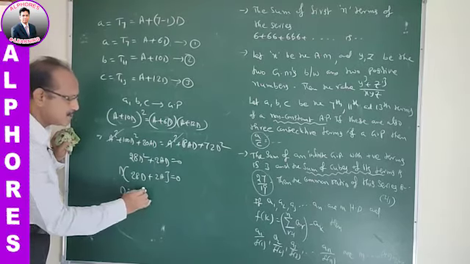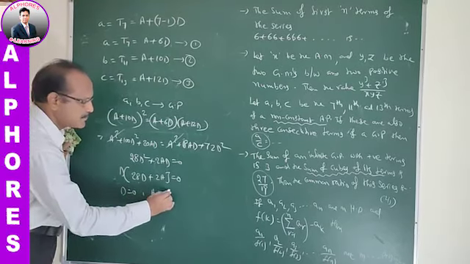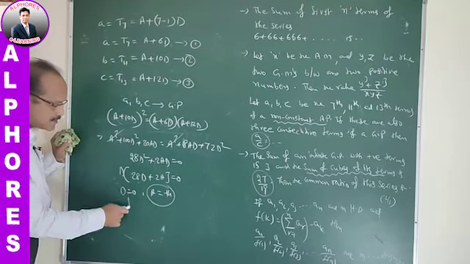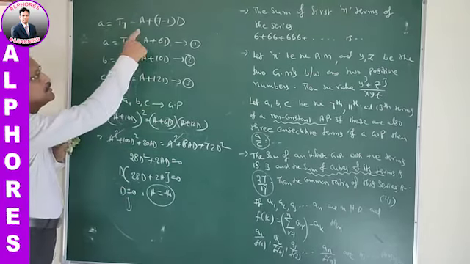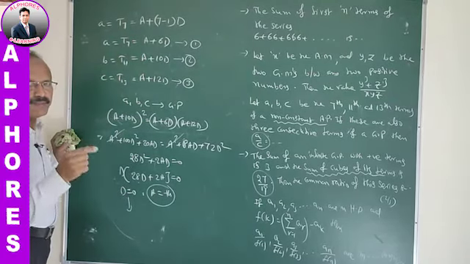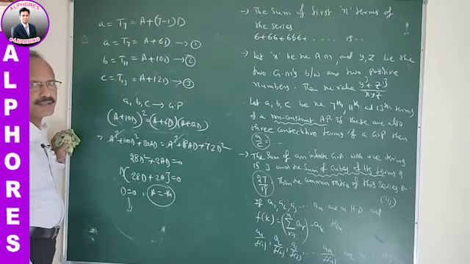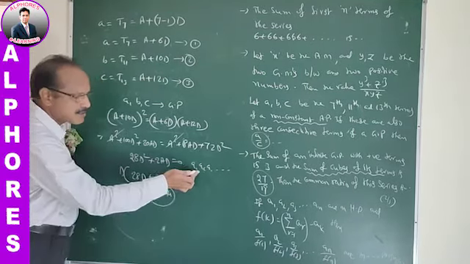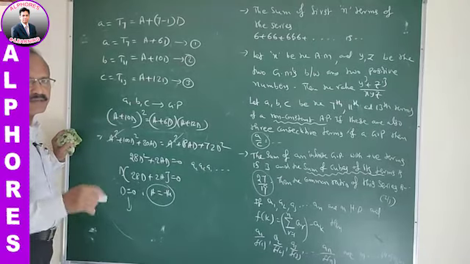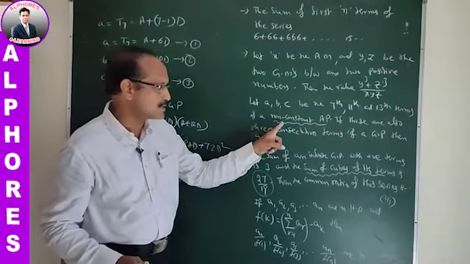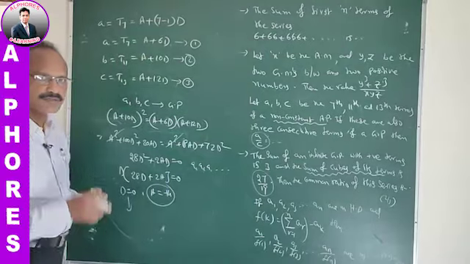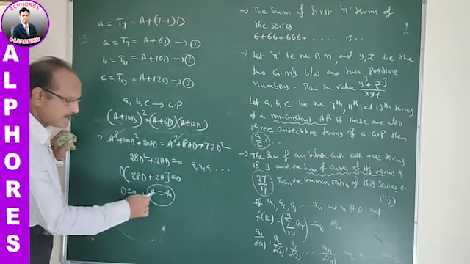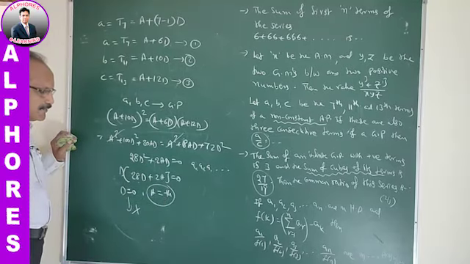If D is equal to 0 or A is equal to minus 14, I am cancelling the common factor. If D is equal to 0, then the terms of the AP are constant terms. Then the AP becomes like this. You know, it is called a constant AP. But the given question is a non-constant AP. So that's why we are neglecting D is 0. Now coming to A value is minus 14.